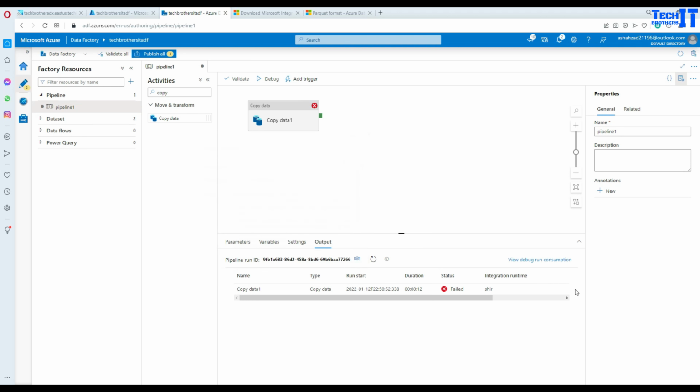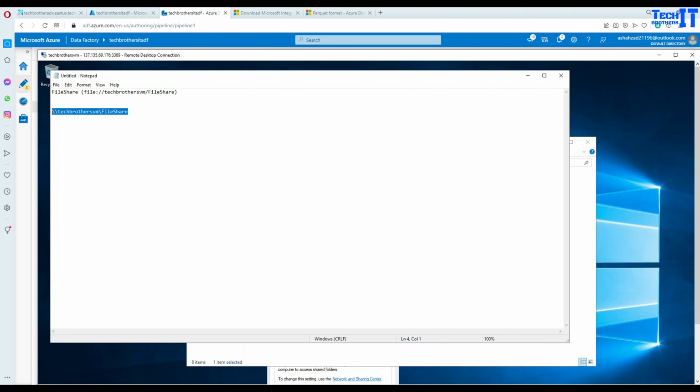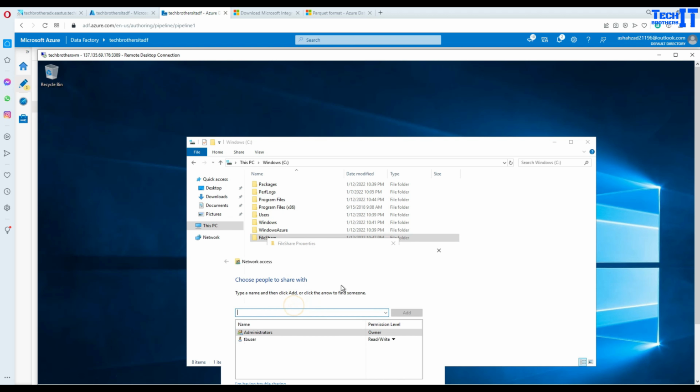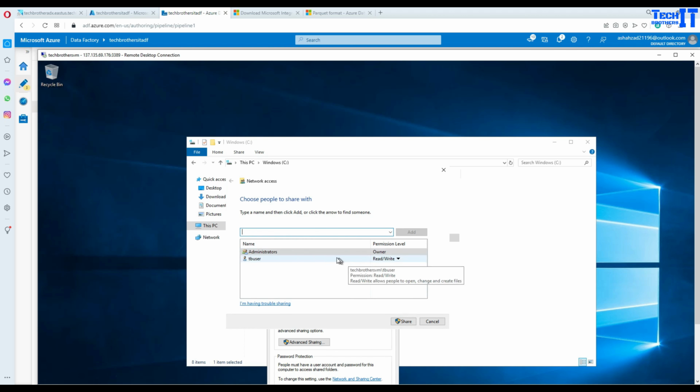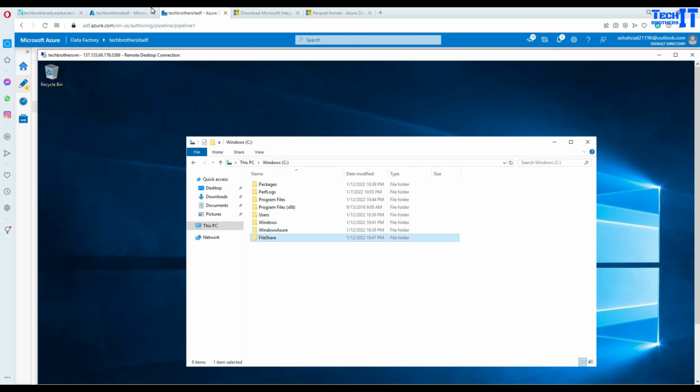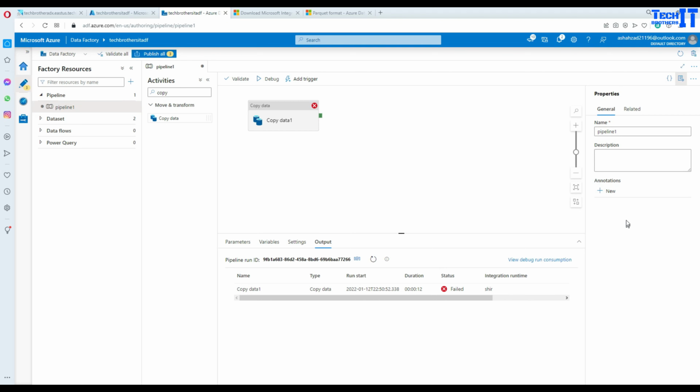Okay, so what I'm going to do is open this one for everyone anyways for now, and we will figure out later how to solve this. So go to share, and in the share we should be, and here what I'm going to do, everyone, and then add, and here I'm going to give the permission to read and write, and then share. Okay, hit OK. Let's see if that solved the problem,